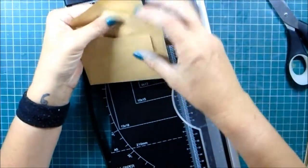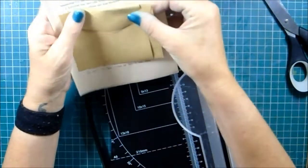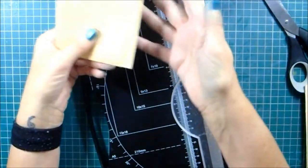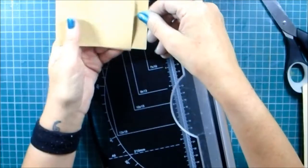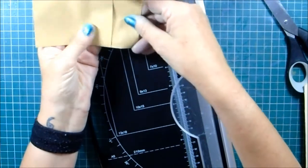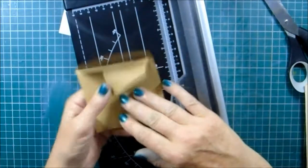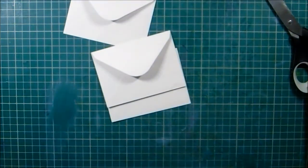And yeah, glue this bit along that line, and then you've got an envelope the size that will easily go into a journal. So that's what I do when I haven't got ones the size I want. If I want to go smaller, it's perfect, you know. You can bring it out or take it in, like, I don't know, half an inch or whatever size you need. You can play around with it till you've got the right size. So I just thought I'd show you that,